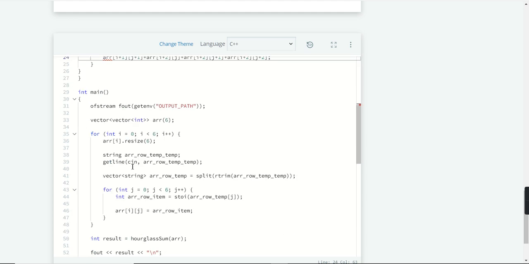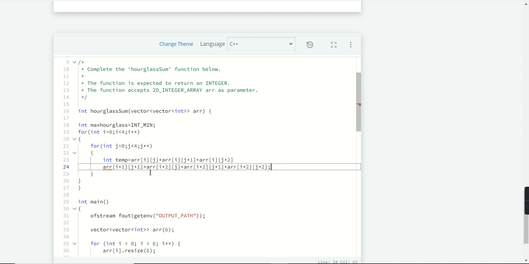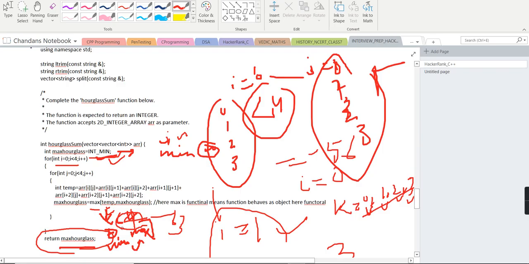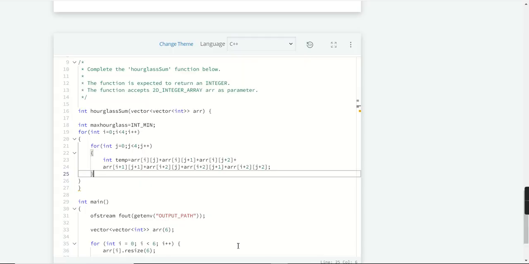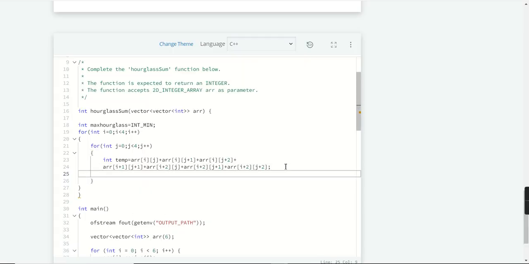So after initializing like this, we will return this value. Now we will take maximum hourglass equal to maximum of temp and this.